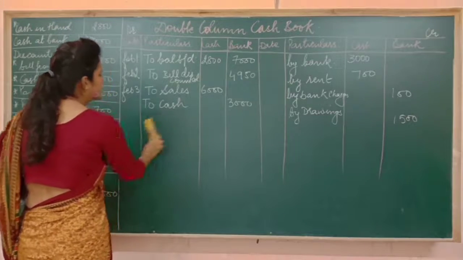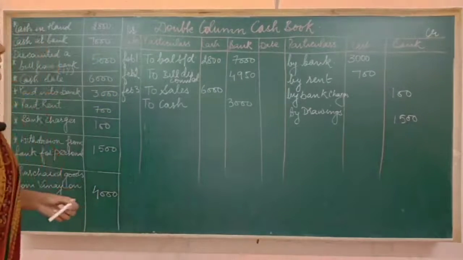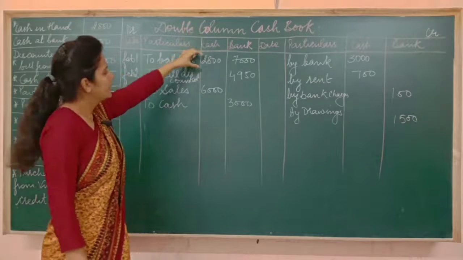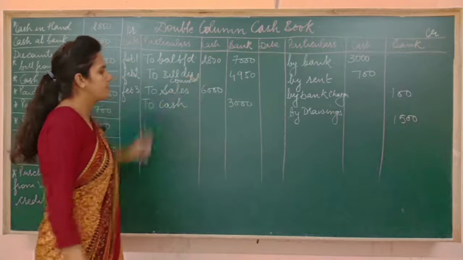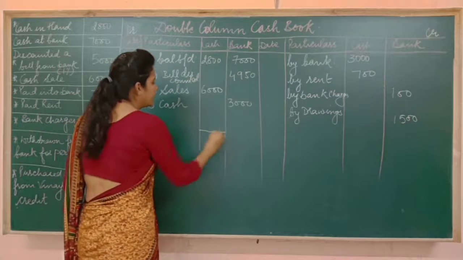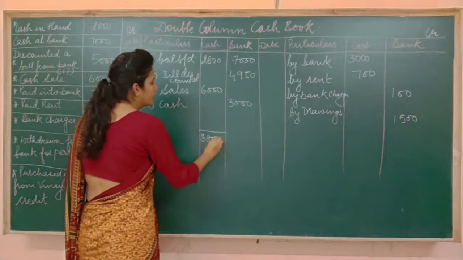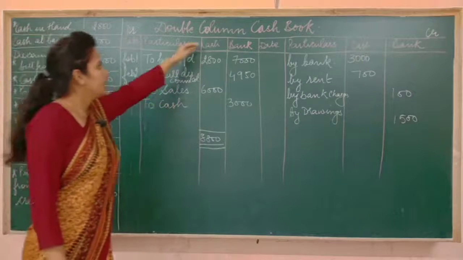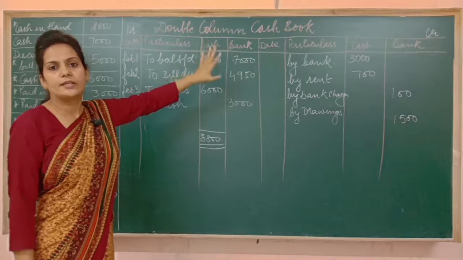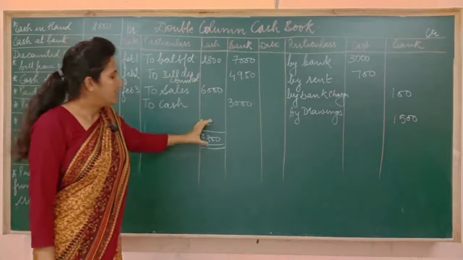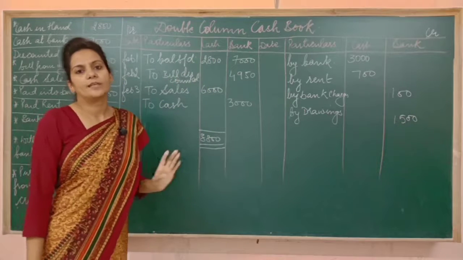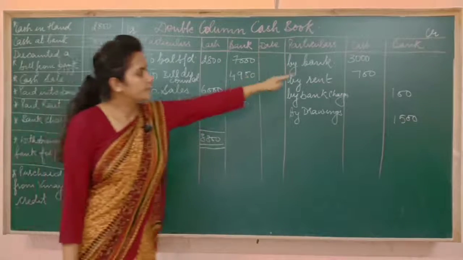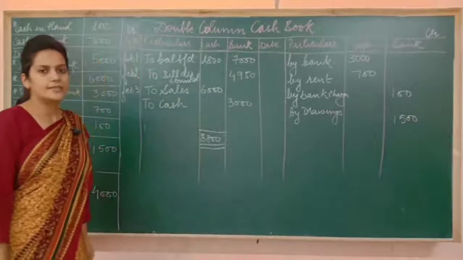Balancing is very easy in this case. See, first of all start with cash. Debit side 2800 and 6000. It means total 8800 rupees have come into the business. And I told you that in case of cash, debit side will always be greater. Because out of 8800 only now we can spend the money. We cannot spend more than 8800. Fine? Check the credit side. The total of credit side is 3700.